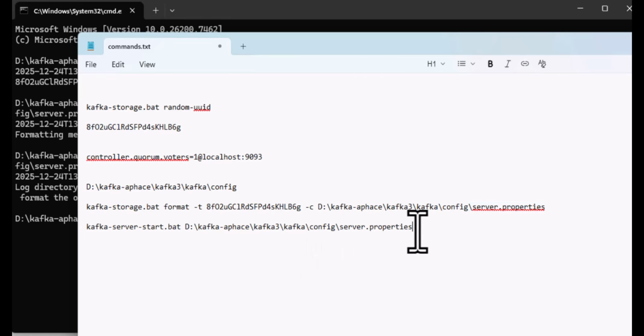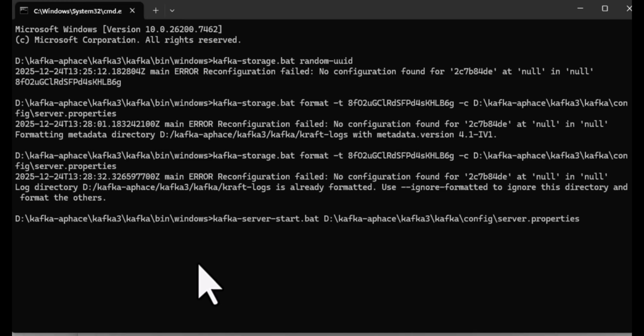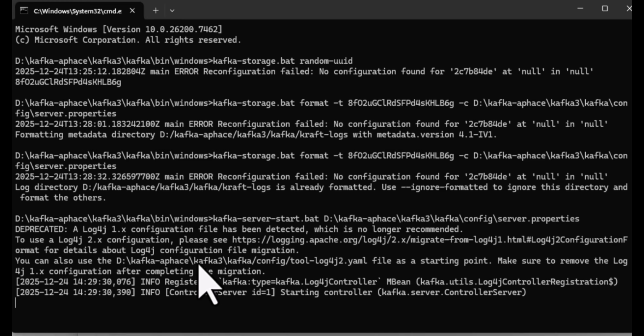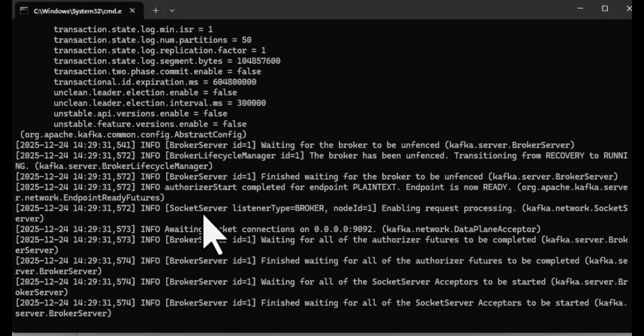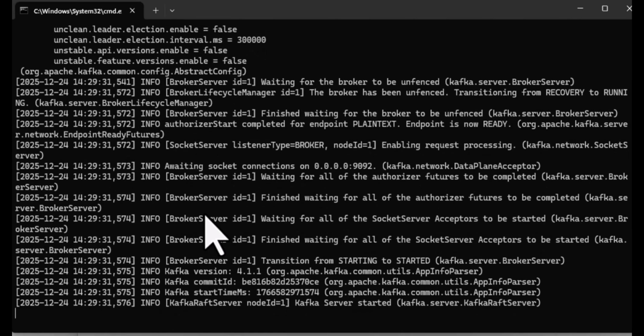So let me drop it here and try. Yeah, here you go. Now the Kafka broker is up and running,